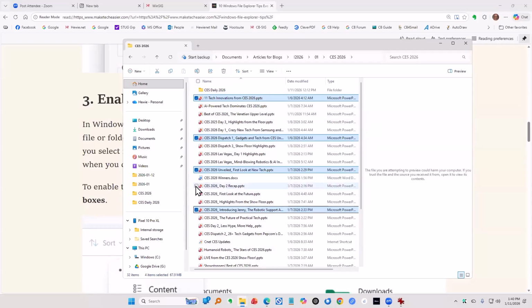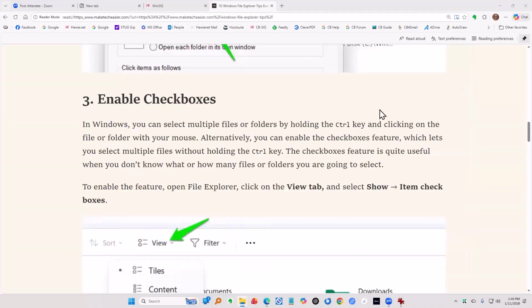You'll see there's checkboxes here because I've got it turned on. I can just click the checkboxes on the ones I want when that's turned on. Okay,